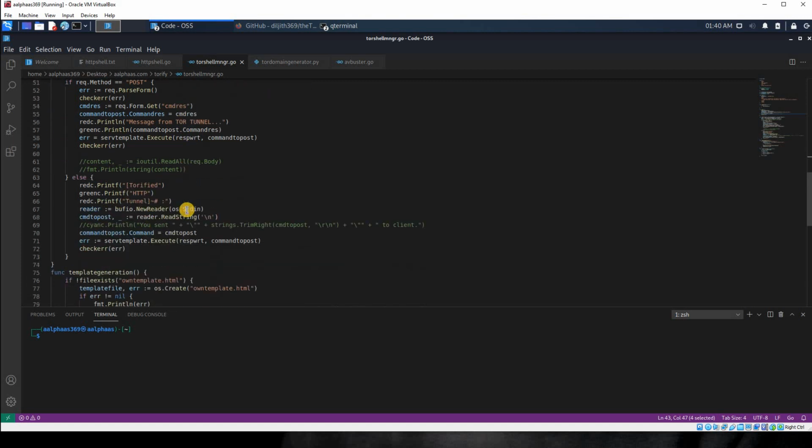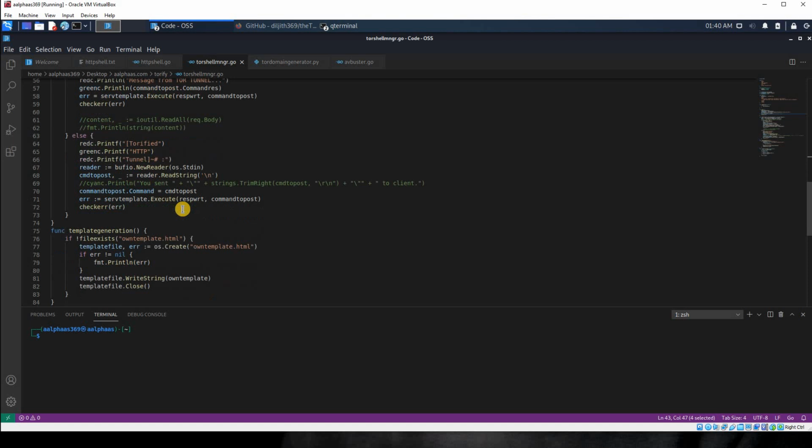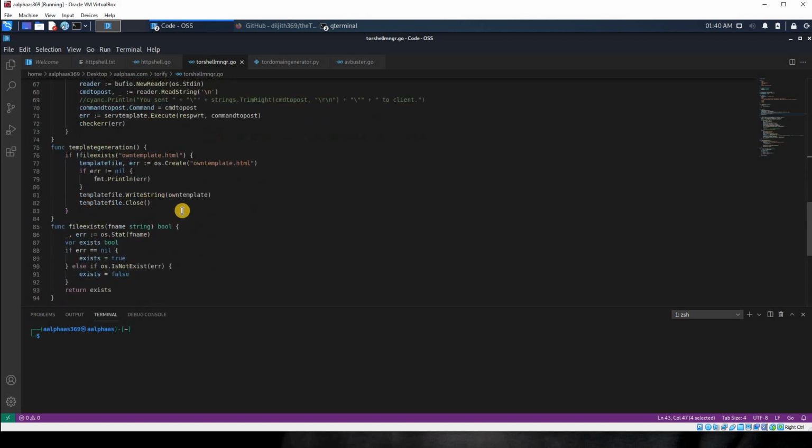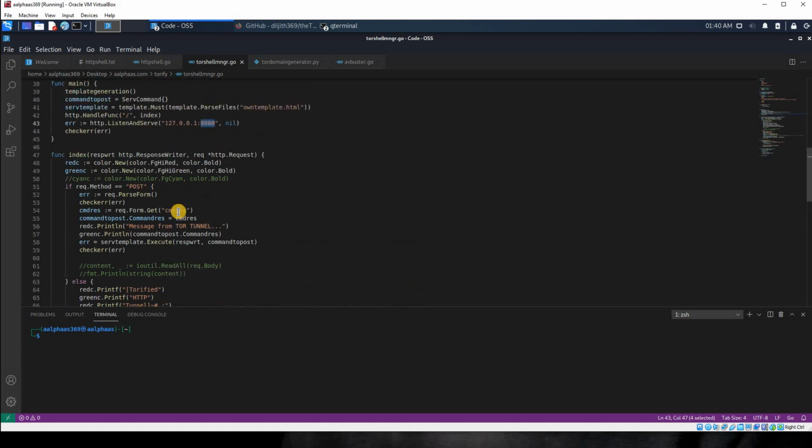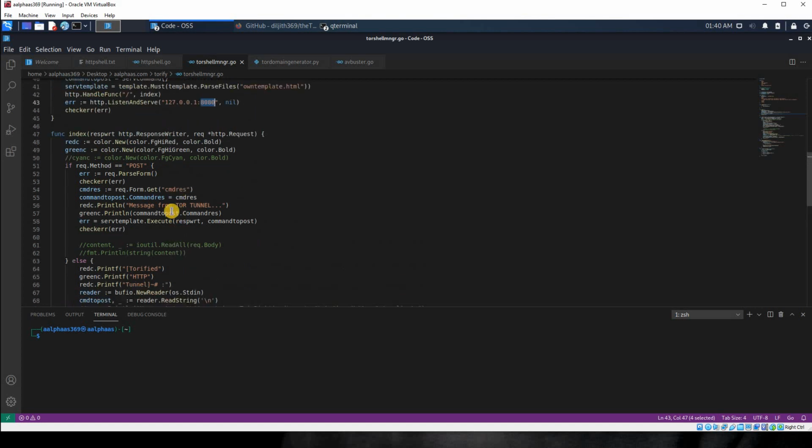Basically, after that is the same. I just made some modifications here, just updated the way it works. I like the look and feel of the actual Tor manager compared to the HTTP Universal Manager. So yeah, that's it. And basically what we are going to do here is we will be editing the Tor